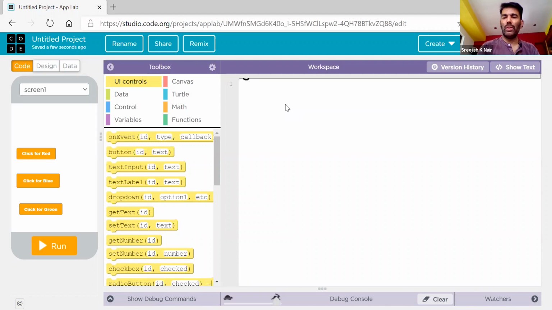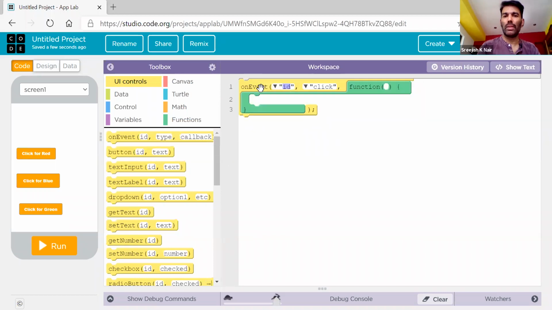Now, when you want to get the background as red when this button is clicked, I told you it should happen only after an event, right? So you have a function called on event. On event means when an event happens. For example, if someone beeps, you cry. If someone tickles, you laugh. That tickle should happen, then only you will laugh, right? So that event should happen, then only the triggered function will be executed.